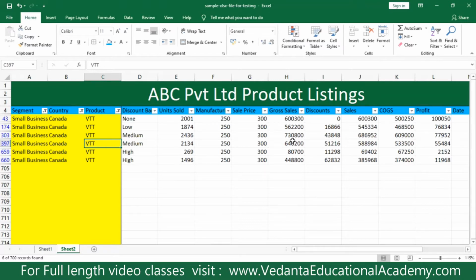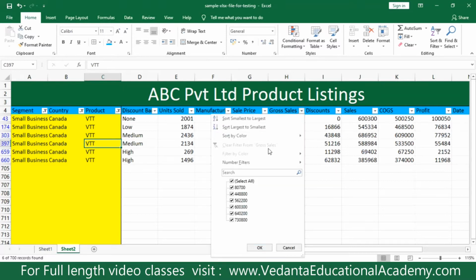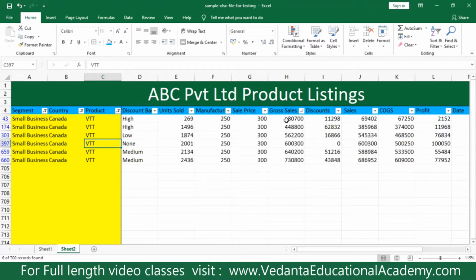Now here I would like to see the sales from low to high. So you simply click on gross sales and select smallest to largest, right? Now you may see 80,700, 4,48,000, 5,62,000. So this is how we can access the data by using filters.